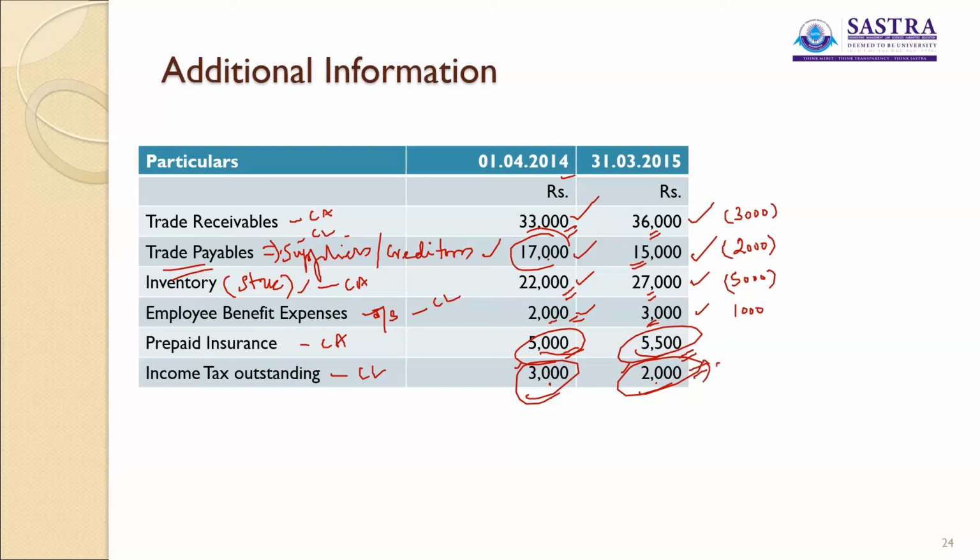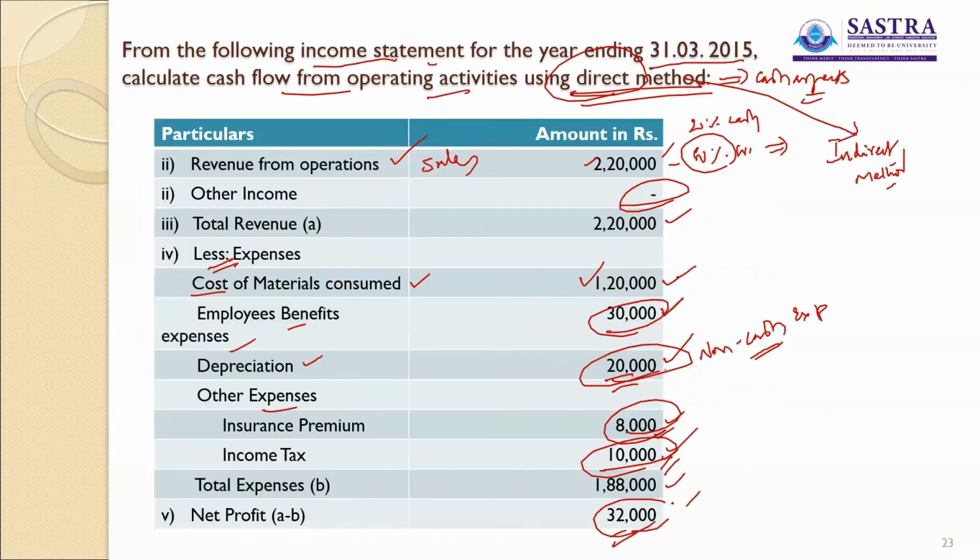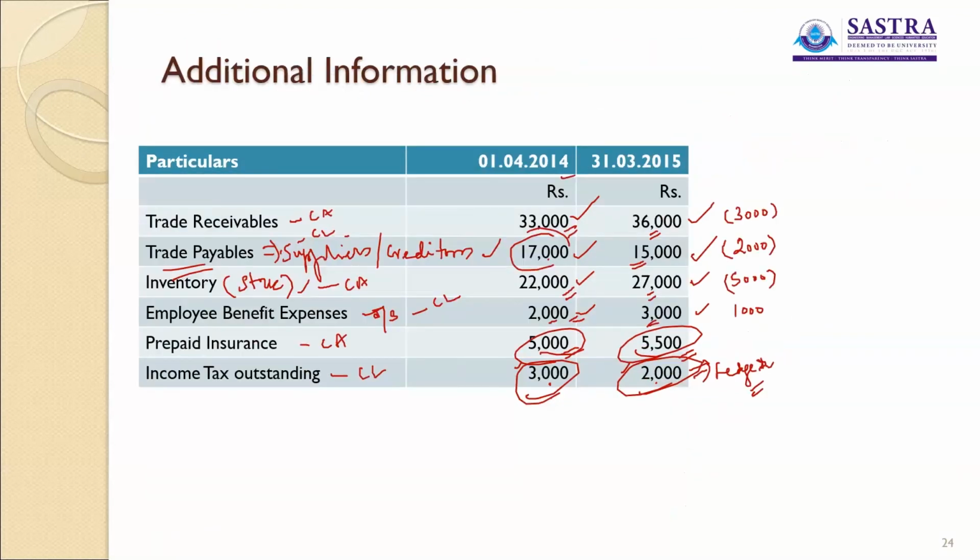But we prepare a ledger to adjust this. We prepare a ledger account, or we will adjust it using the equation, because prepaid insurance can be directly adjusted, because we are taking into account the net profit without adjusting the insurance premium. So it is enough if you simply compare the difference between these two. So prepaid insurance is a current asset.